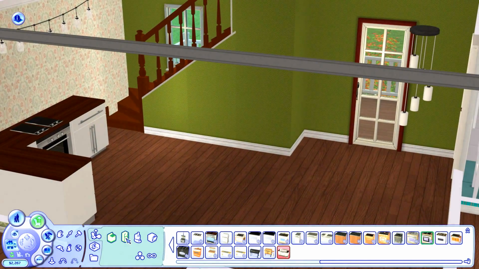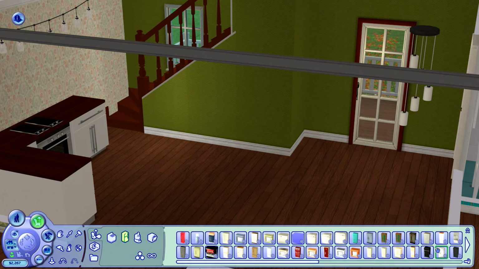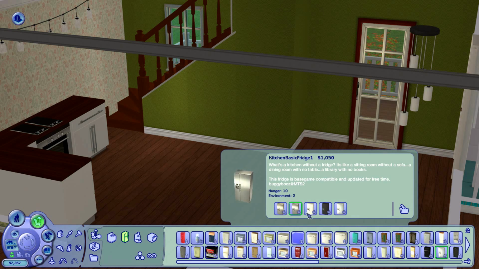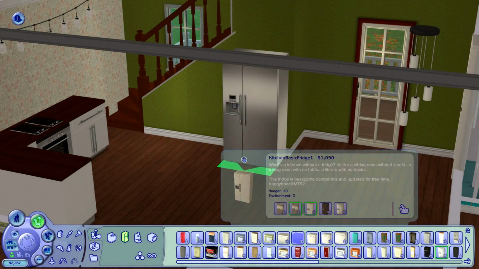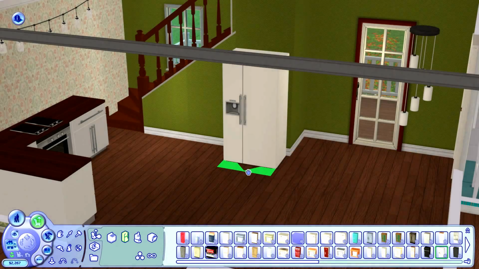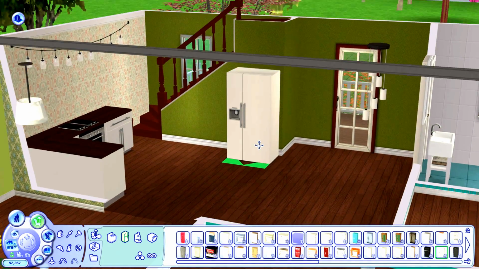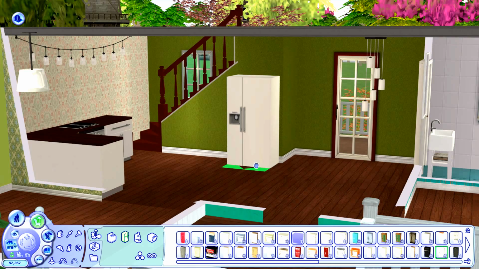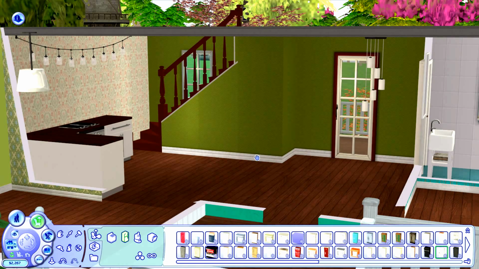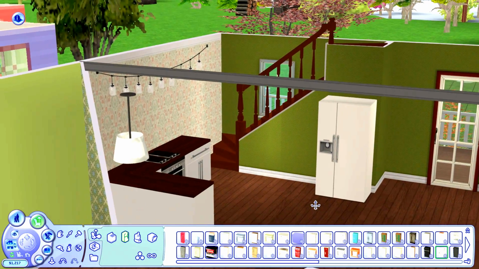Okay, so let me add in the fridge and the sink. Okay, so for the fridge, we're gonna try to get something nice as well. This also comes with it. I like that, but I feel bad for them because once they use up all the food in the fridge, they cannot use it again, which kind of sucks for them. But that's what the rule says. So whatever the rules say, they're gonna keep that one. Yes, it's a bit expensive, but